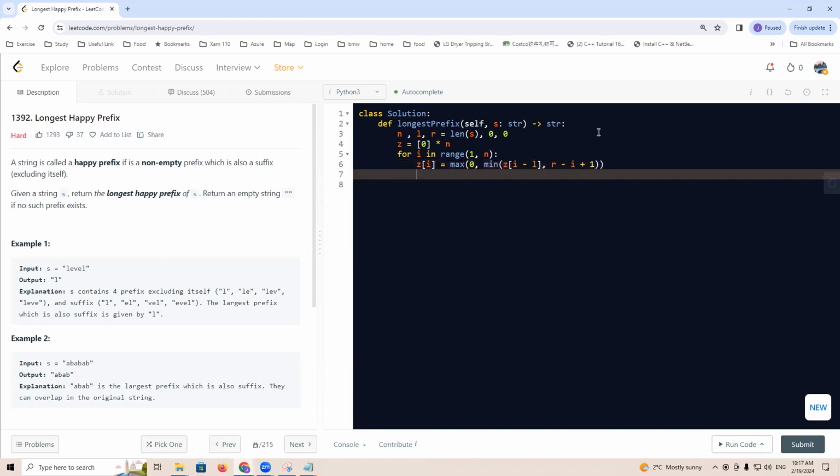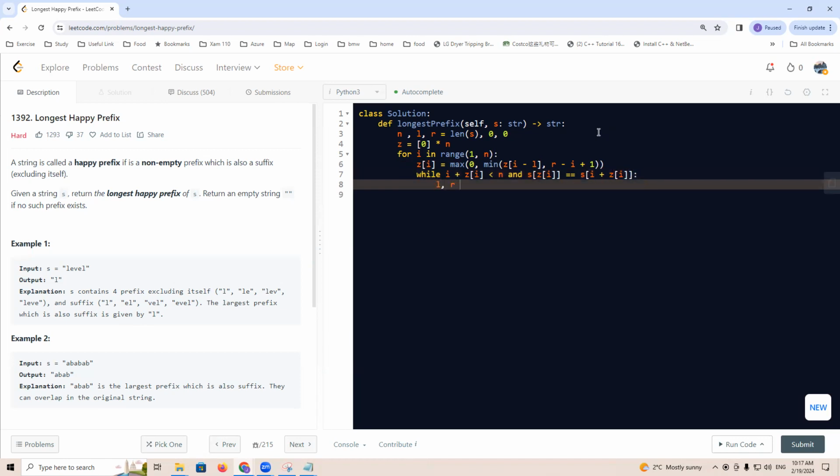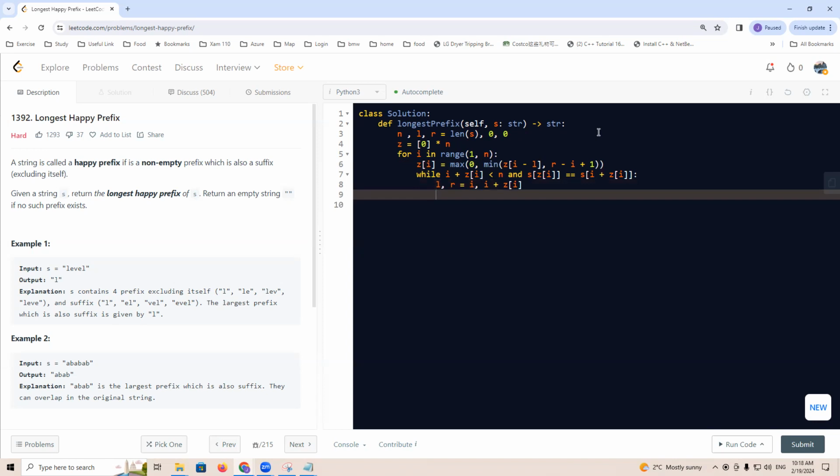So this is the Zi, and we'll have while i plus Zi smaller than n and s[Zi] equals s[i plus Zi], we're going to have left, right equals i, and right equals i plus Zi. And now we are going to extend our right, the Zi,